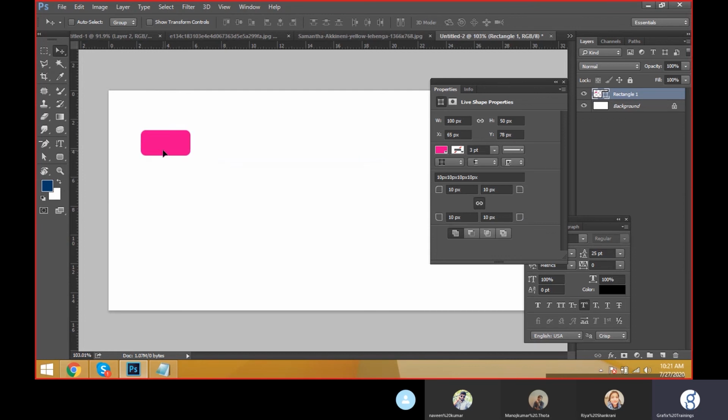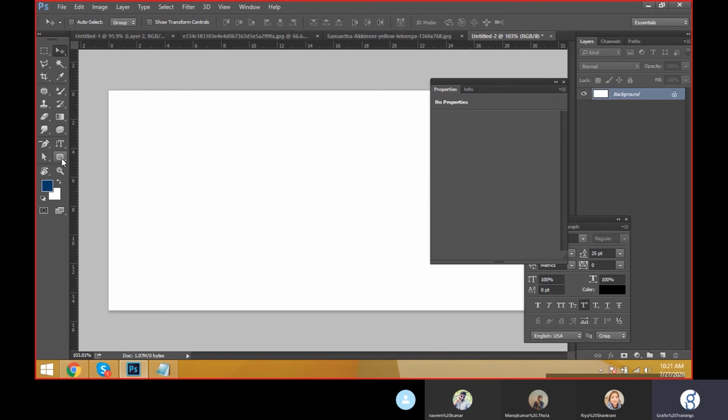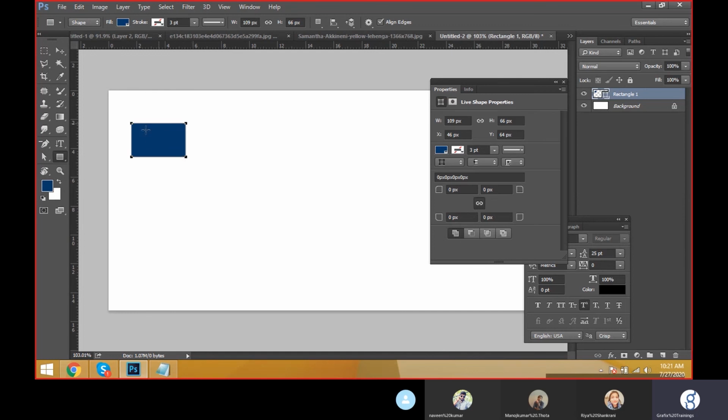And we have two doubts here, friends. First of all, let me explain. Rectangular tool: if you draw like this, what happens? Automatically the color is filling. That is called the shape tool. And here you can see the properties. Here we have a path. What is path? Can you directly fill the color here? No, we can't fill the color.